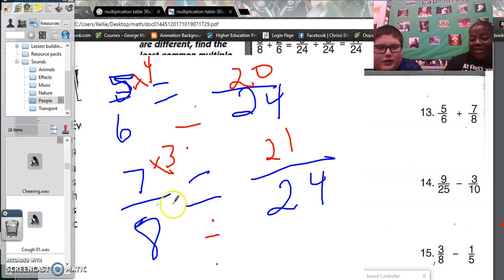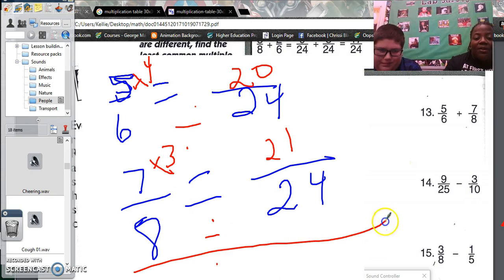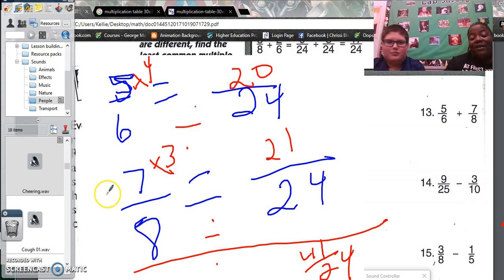So, wait, was this subtraction or adding, right? I believe this was adding. All right. So we're going to take our 2 top numbers and add them together. 41 over 24. Ta-da! Now, can this reduce anymore? No, it